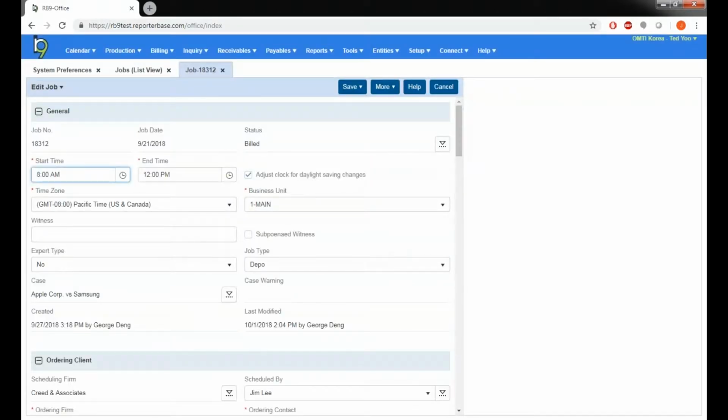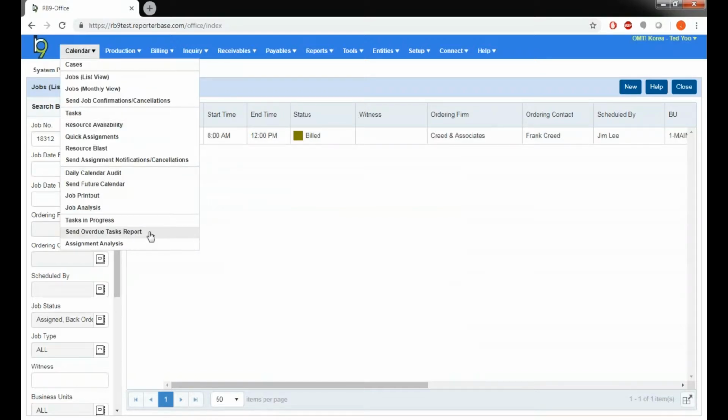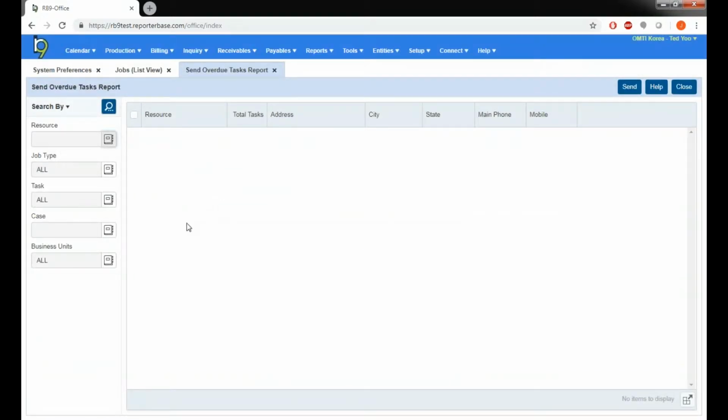All right, so now let's talk about the overdue tasks report. So let's go ahead and close this job. And let's click on calendar and send overdue task. So in RB8, there was no way to send your resources an email letting them know their jobs were overdue. If you wanted to perform such an operation, you had to do that outside of RB8. We've added the send overdue task report so you can send them a reminder email of their tasks that are